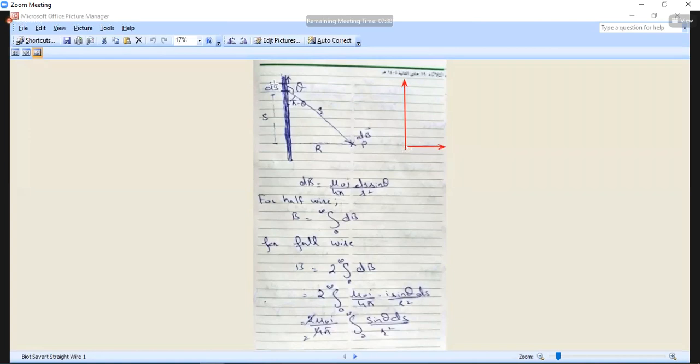The length of the total wire is not only this one, because the lower portion also exists here. So if I am calculating the magnetic field due to this section of the wire, obviously